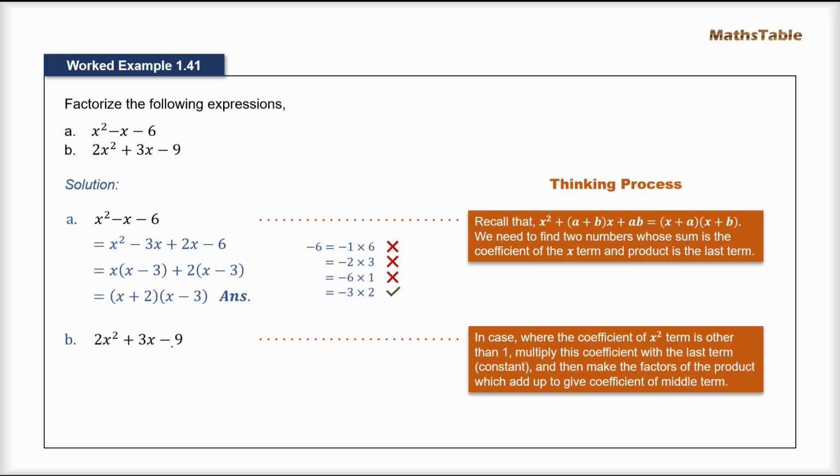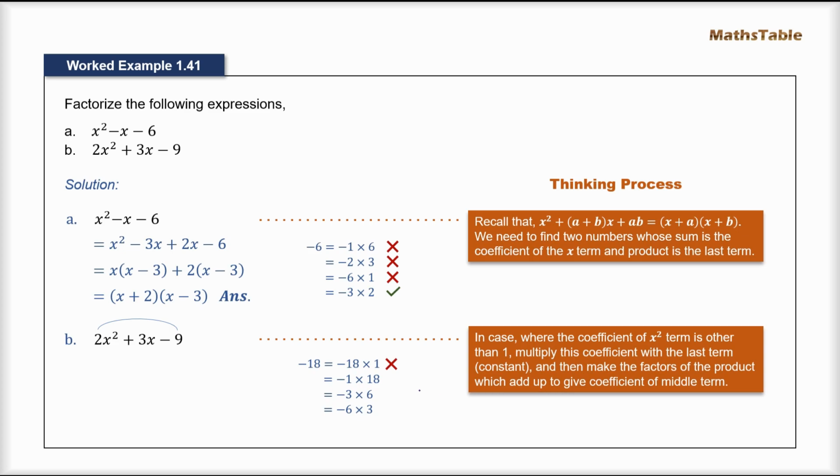But what we do instead is, we first multiply this last term with the coefficient of the x squared term, and when we get the product of these two numbers, which in this case is minus 18, we then break minus 18 into the combination of two factors, just like we did in the previous part. And then we select that combination which, when added together, gives us the coefficient of the middle term. So checking all these four combinations, the first combination gives us minus 18 plus 1, minus 17,